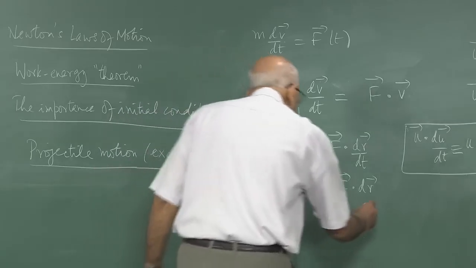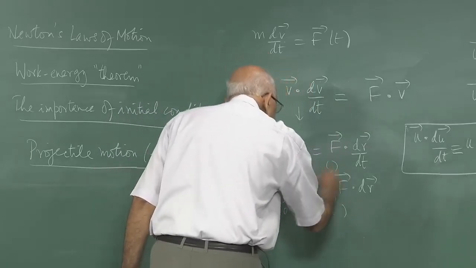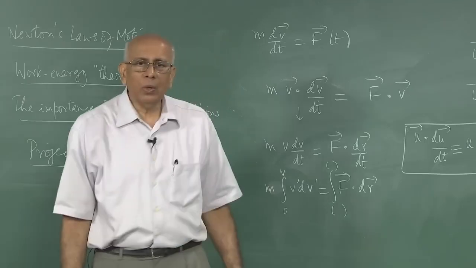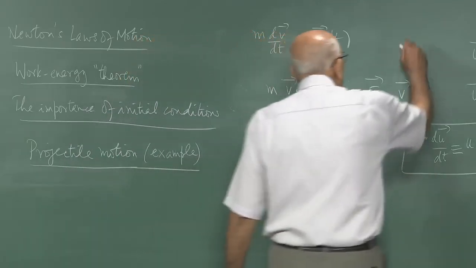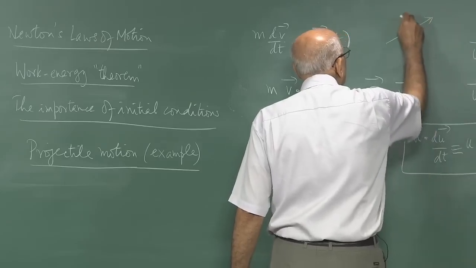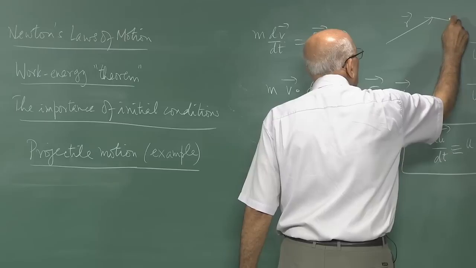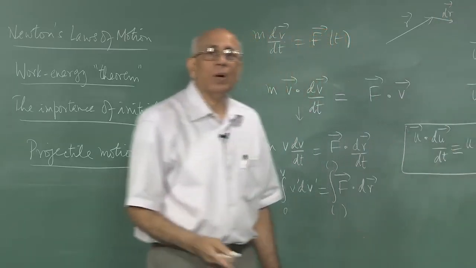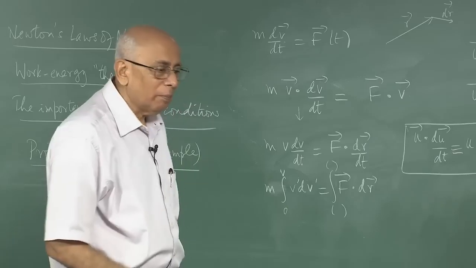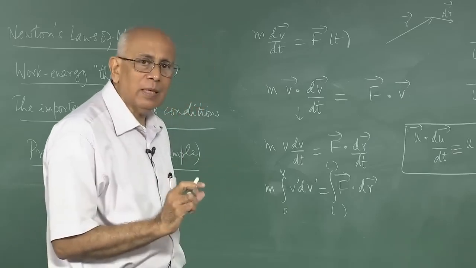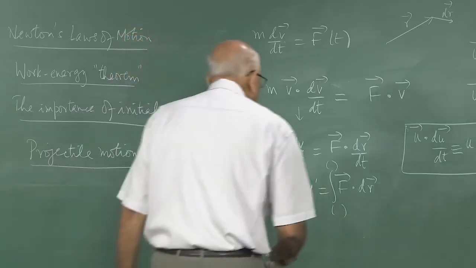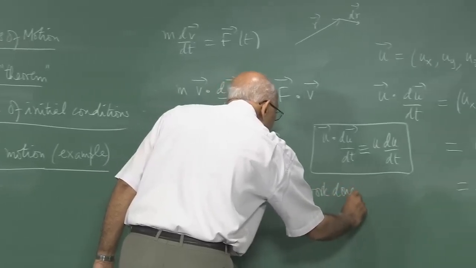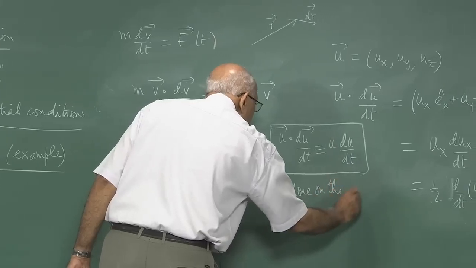But this right hand side, there are limits placed here. On the right hand side, F dot dr, we know that if at any instant of time the position vector of this particle is r and you apply a force on it and it causes a displacement dr, then F dot dr is the work done on this particle by the force in this infinitesimal displacement. So this is equal to work done on the particle, on the object,